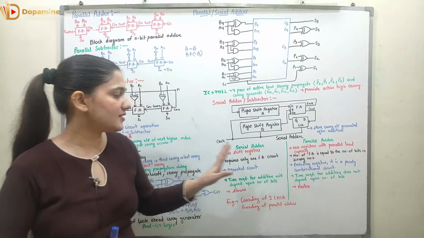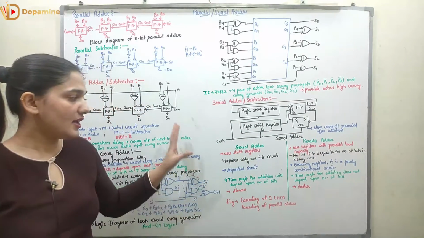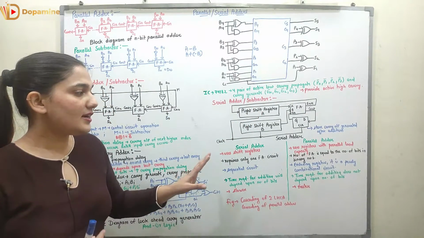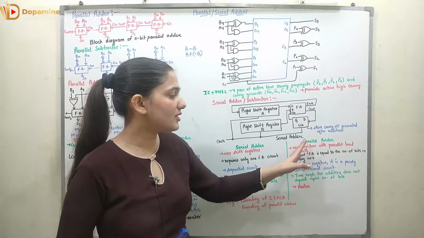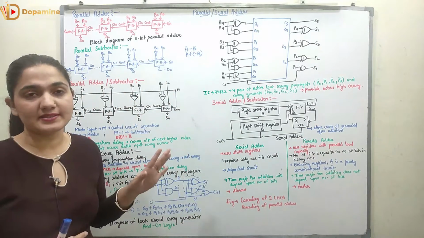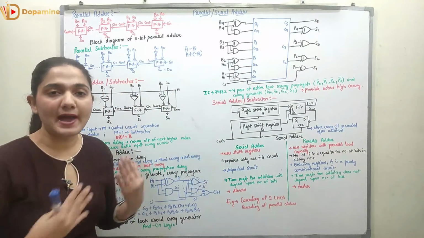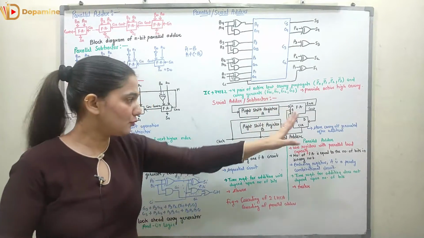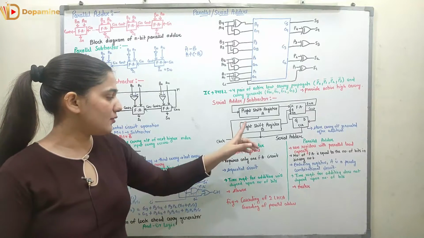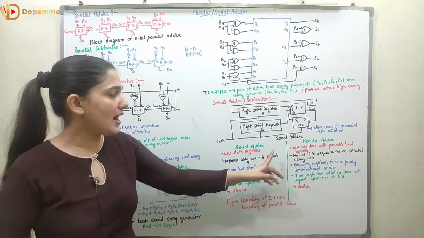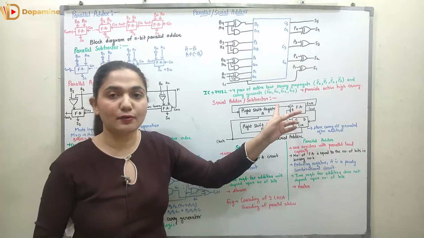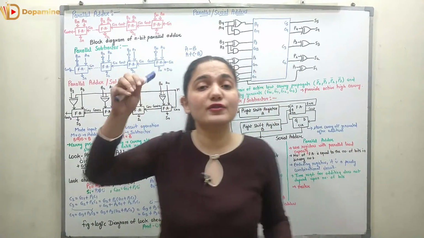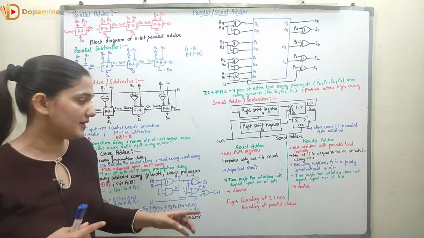Coming to the differences between the serial and the parallel adder. So you can see in the serial adder we have used the shift register, right? In the parallel adder we have used the registers with the parallel load capacity. We are sending the load in parallel, right? Here we will be sending the load bit by bit to the adder. Here we will be using one full adder circuit only. In the serial adder only one full adder was used. Here in the parallel adder you can see we have used n full adders for n-bit numbers.